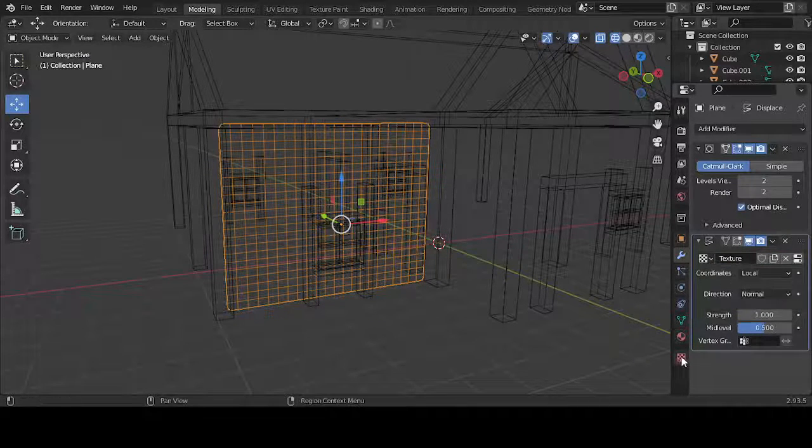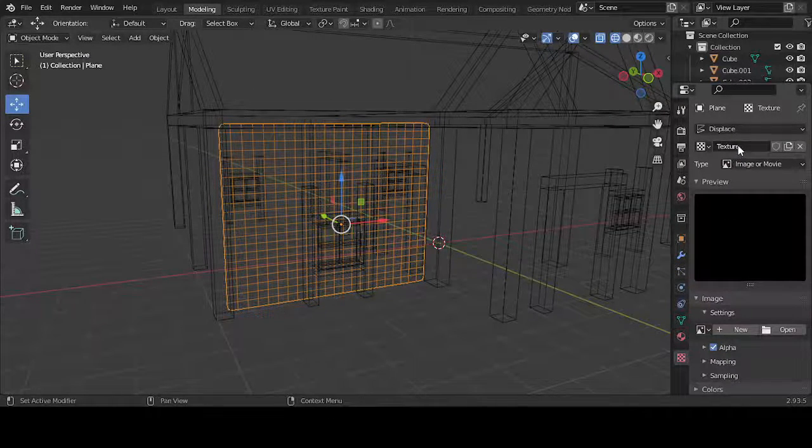So this texture here, I'm going to call this wall. I'm going to press Open, and go into my Textures folder, which you can't see, but I shall go into my brick textures, and select the